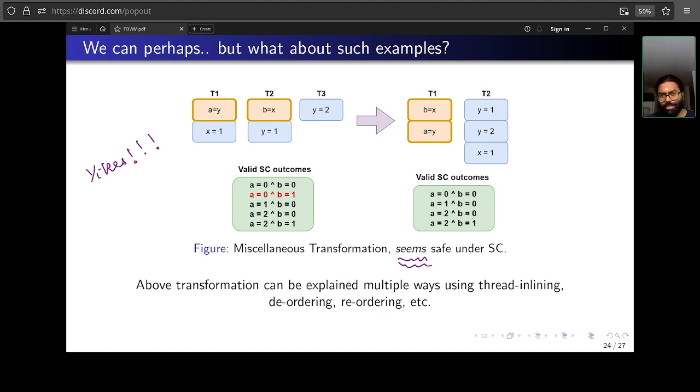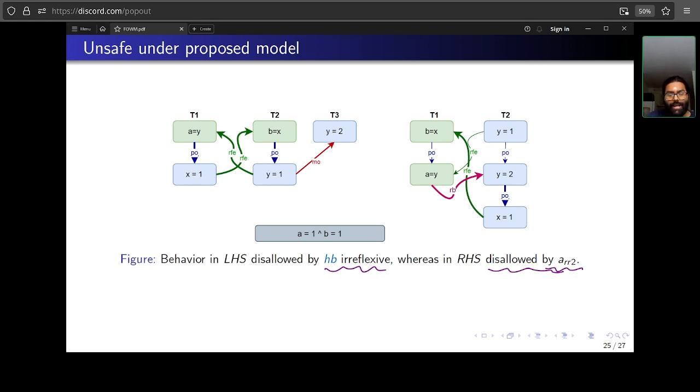But for such an optimization, how can I actually guarantee the safety on models weaker? I may have to reprove, and that may be really hard. Maybe sometimes not impossible, or maybe some proofs are like just 10 to 12 pages, and so on. So, what do we do? Well, that's exactly what we're doing.